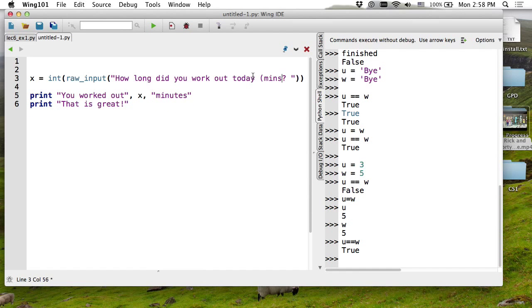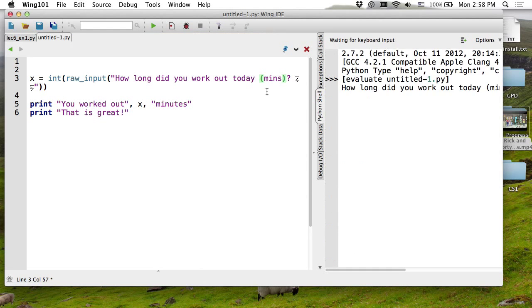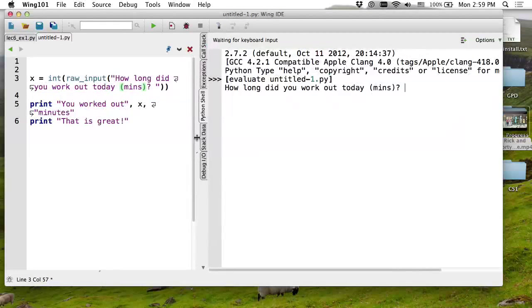I always like to be very specific. All right. So this is kind of a life coach trying to be nice. And it asks you, how long did you work out? You say 5 minutes. It says, that's great. Well, maybe it's not so great if you worked out 5 minutes. I want to share my praise for you maybe if you worked out more than, let's say 20, okay? All right, so I don't want to always say, you did great. I want to say that if you actually worked out more than 20 minutes, then I'm going to say something nice,